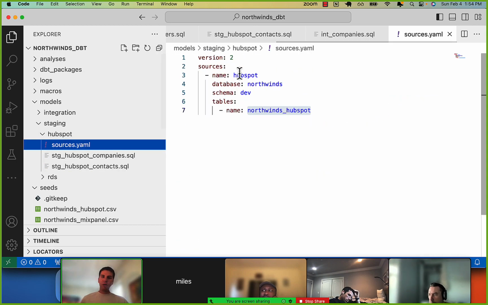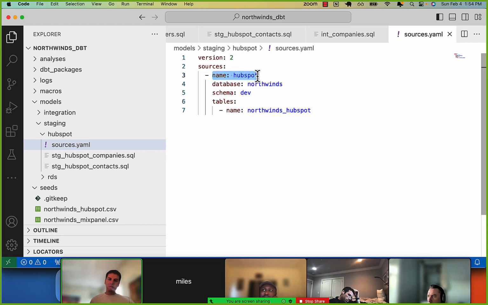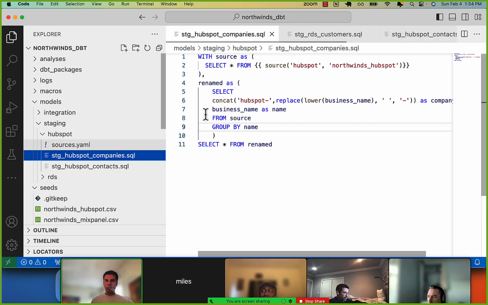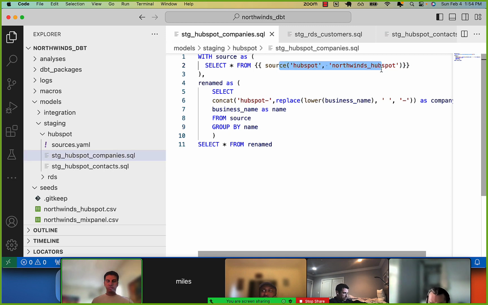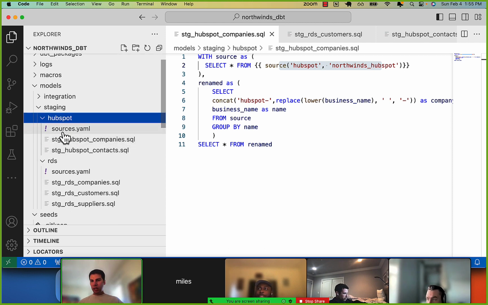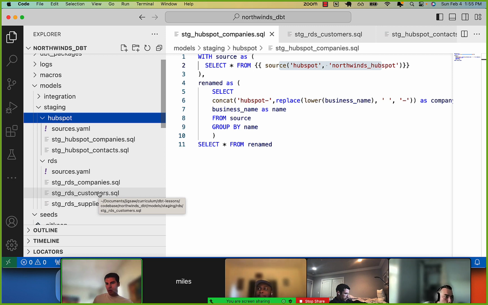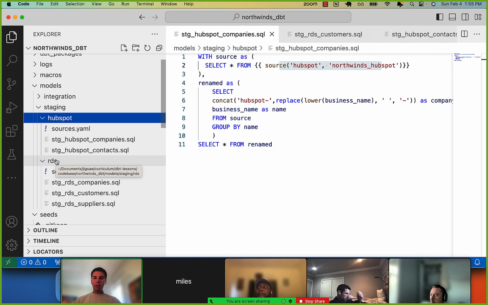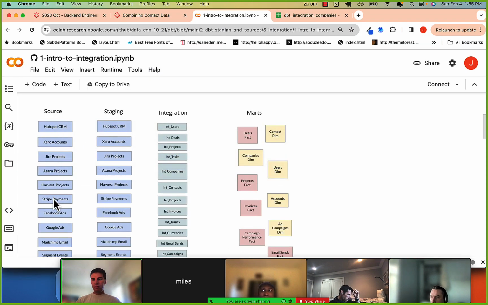And then in my sources file, I'm just giving a new namespace of HubSpot, connected to the database, the right schema, and the right table name, and now I can reference that from the source over here. So you can see we have the same kind of data in HubSpot: companies, HubSpot contacts, RDS companies, RDS customers, but they're basically the same thing. And so the next step, now that we have these multiple sources, one-for-one staging for each one of the sources,